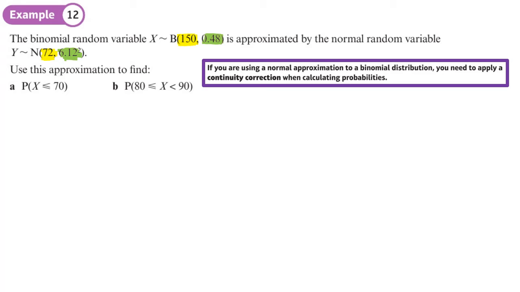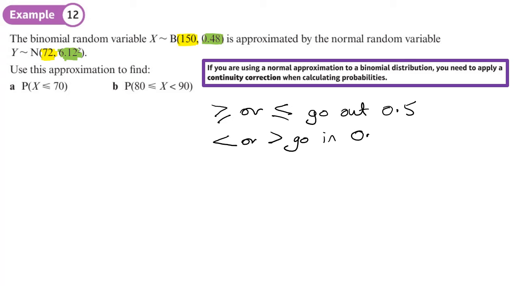Now this is where we need to do a continuity correction, and remember I said something earlier right at the start about this. If you have this or this, you go out by 0.5, and you have this or this, you go in by 0.5. Okay, basically we're either going to add or subtract 0.5 to the value of x, and the reason we're doing